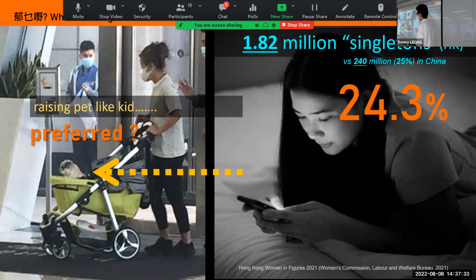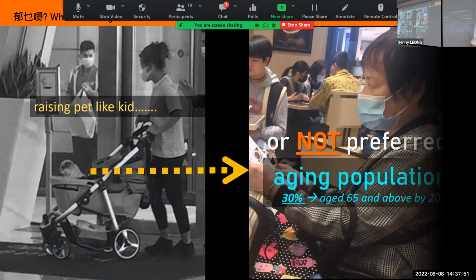Now, when people are living alone, when people are not thinking about getting married and having kids, if they want to have some sort of company, it's quite natural that they move on to raising something like pets.